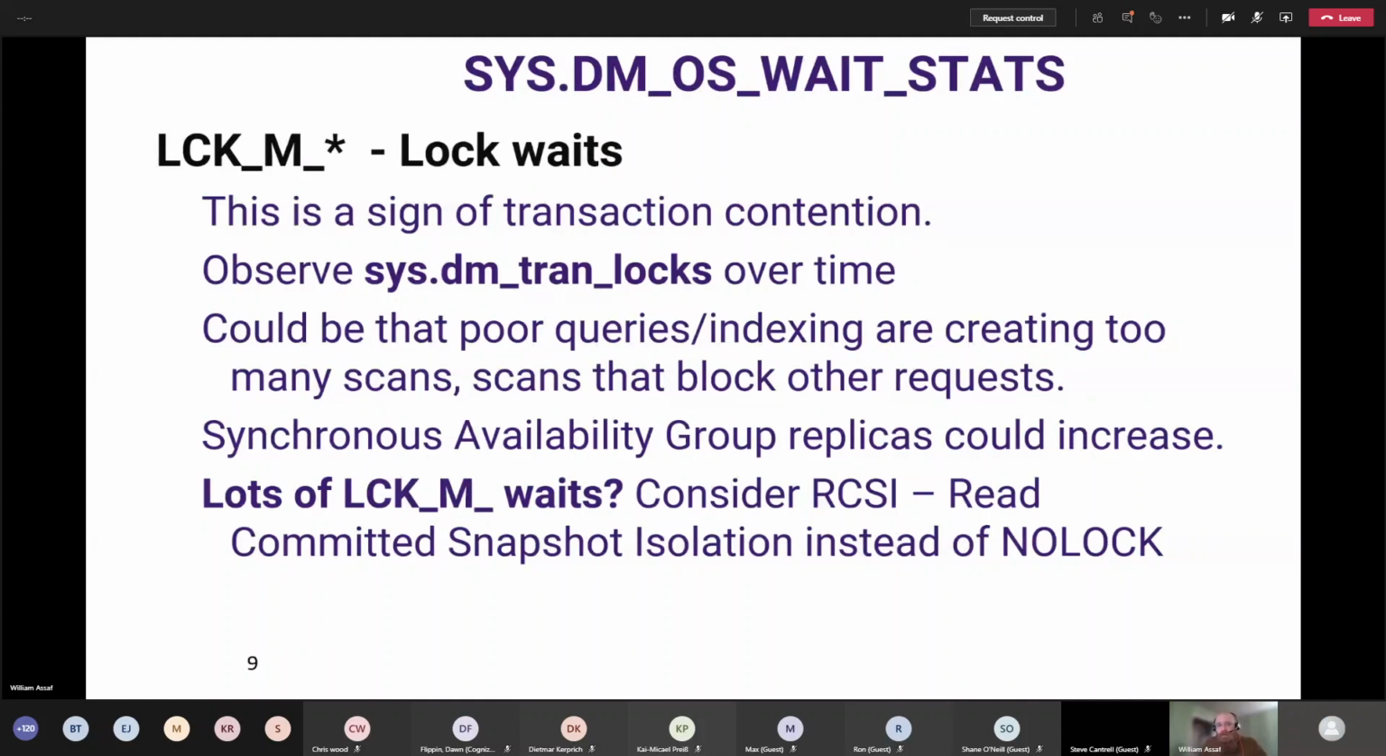Synchronous availability group replicas could also increase this lock wait because, unlike asynchronous, synchronous puts some lock burden on the primary replica. And if you have a lot of these lock waits, you need to consider the enterprise solution for locking and contention, which is not NOLOCK. It is not read uncommitted, the isolation level. The enterprise solution for a lot of locking and blocking problems is RCSI, or what's called read committed snapshot isolation, which changes read committed to read committed snapshot and allows reads to read through tempdb